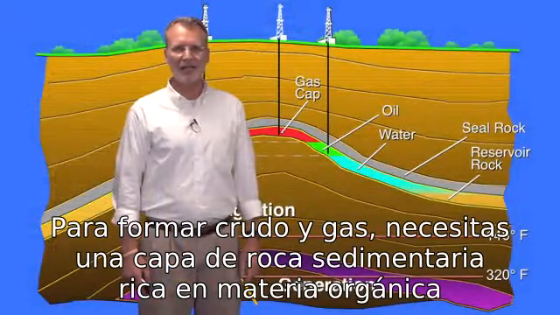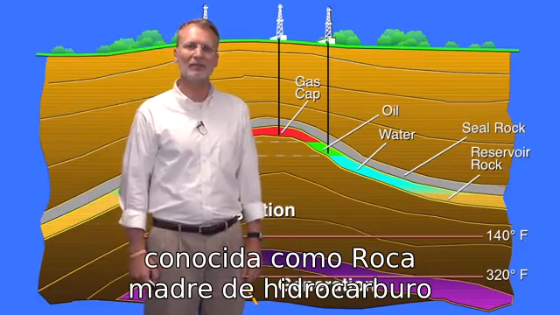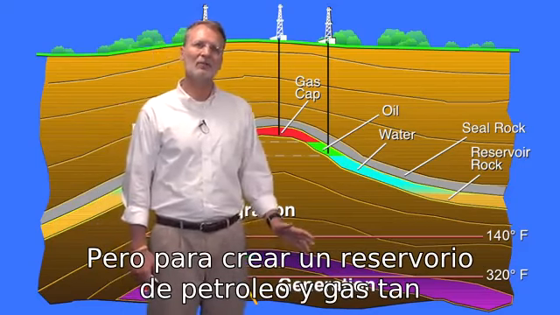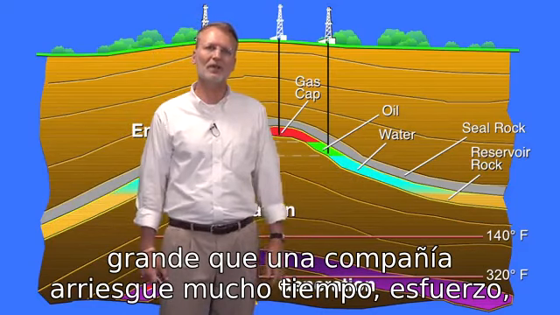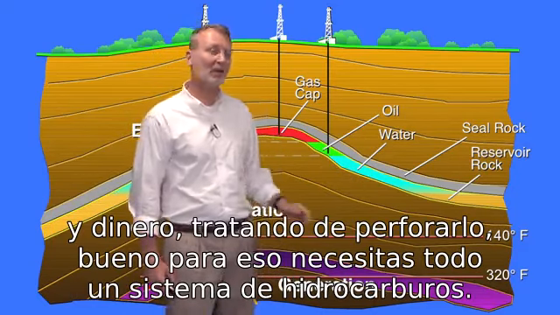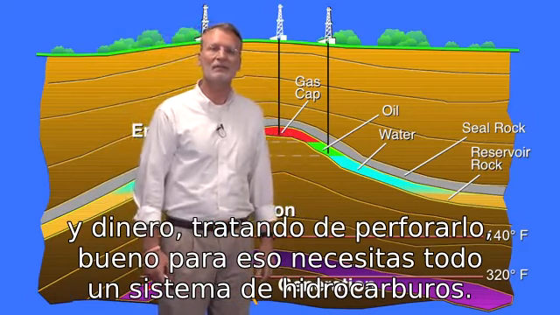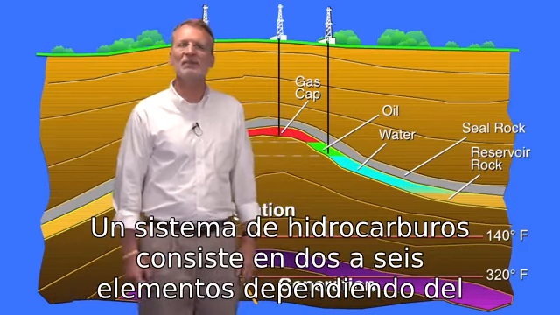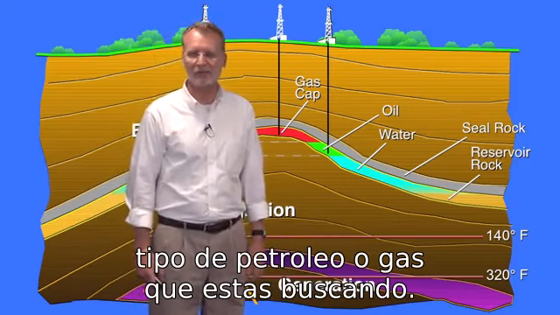To form oil and gas, you need an organic-rich layer of sedimentary rock known as a hydrocarbon source rock. But to create a reservoir of oil and gas so large that a company will risk a lot of time, effort, and money trying to drill it, well, for that, you need a whole hydrocarbon system. A hydrocarbon system consists of 2 to 6 elements depending on what type of oil and gas resource you're searching